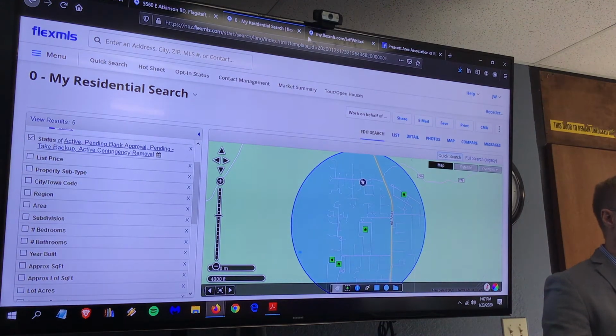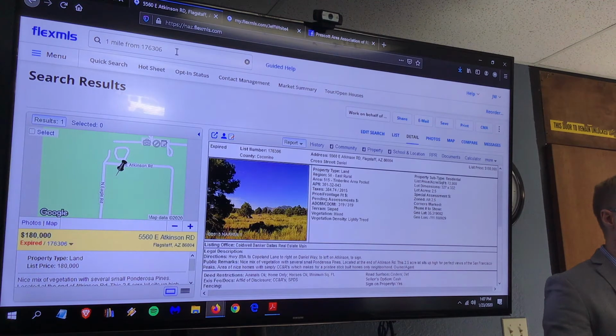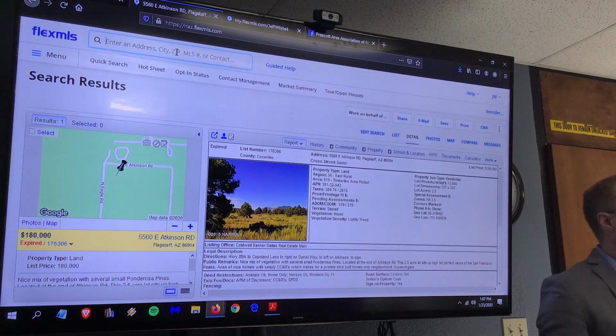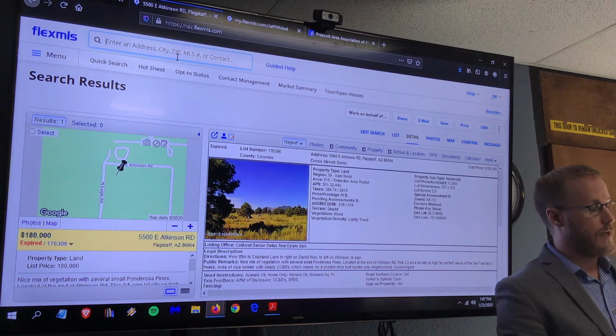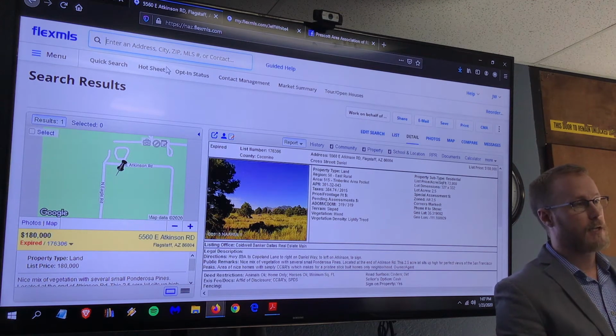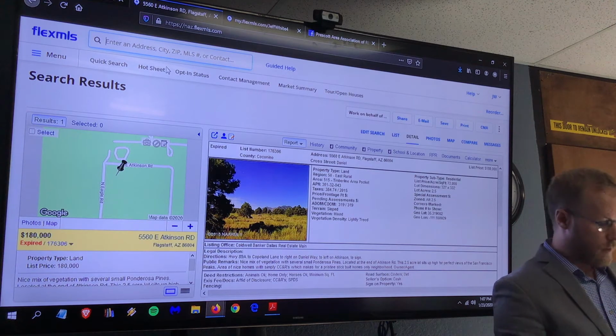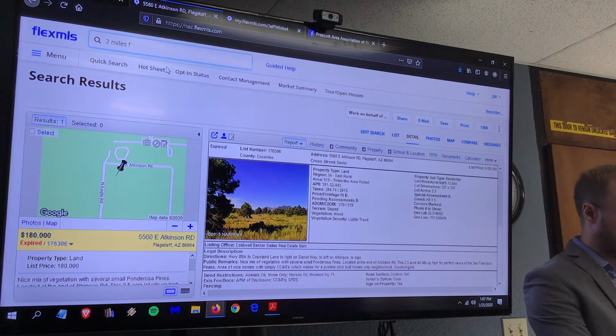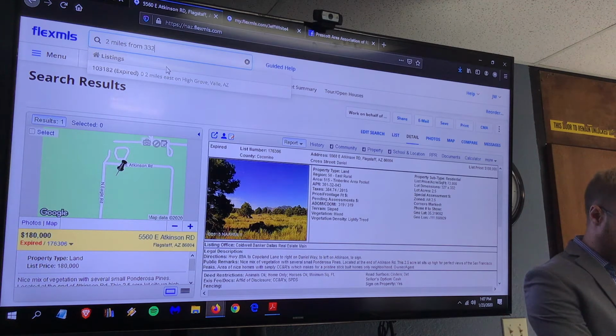Okay, so like I said before, you don't have to have an address of a property. So let's say, now this has an MLS number. But for example, let's say our client says, hey, I want you to do a CMA for me. My property has never been in the MLS. That's fine. So what you're going to do is type in 2 miles or 3 miles, 4 miles from 3323